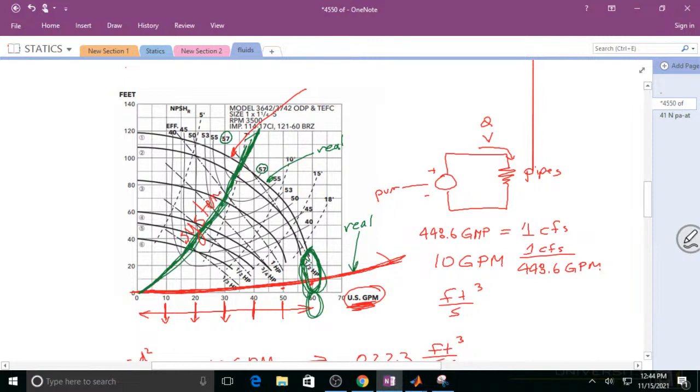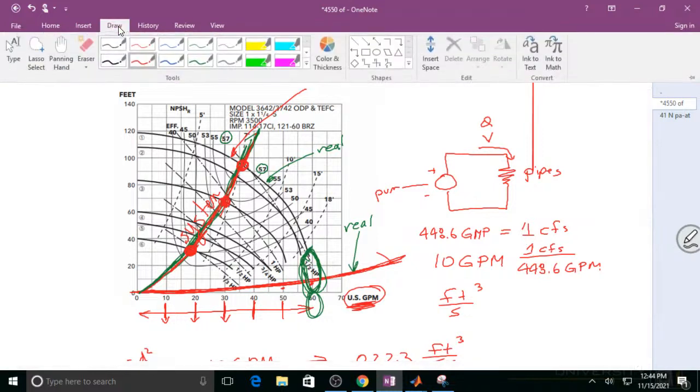The system being all the pipes and everything, and it will end up looking kind of like a parabola. And then wherever the pump is, if you bought this pump, you're going to sit right here and operate. If you bought this one, you're going to sit right here. If you bought this one, you're going to sit right here. So whichever pump you purchased,